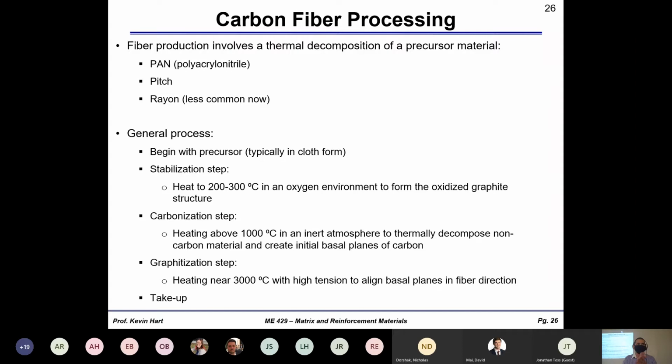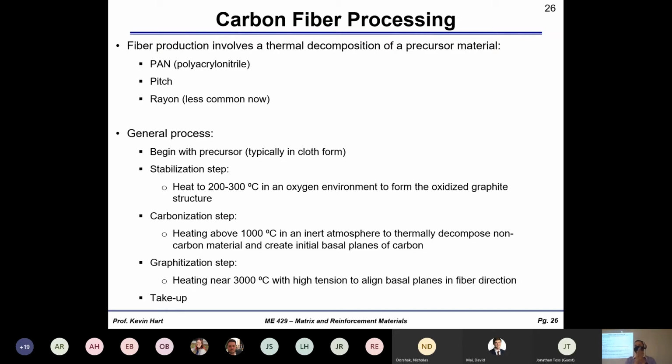But the basic idea is you start with some carbon precursor. All right, so this is some carbon that got mined from the ground, or it's in some general basic form from the earth. And those general basic forms are polyacrylonitrile, pitch, and rayon. Those are the most common that are used in pre-production for carbon fibers. All right. So in this general process, you begin with one of these particular precursors, and then you stabilize the carbon itself. Okay, so you heat it up to 200, 300C in oxygen to provide an oxygenized carbon structure. Okay, then you go through the carbonization step where you basically burn off all the non-carbon components,